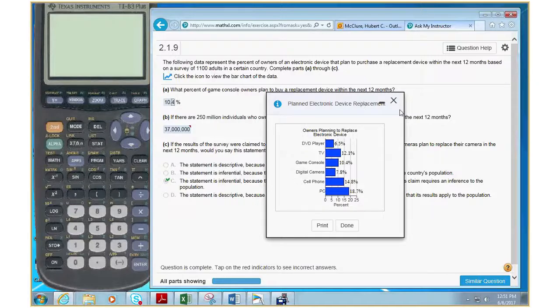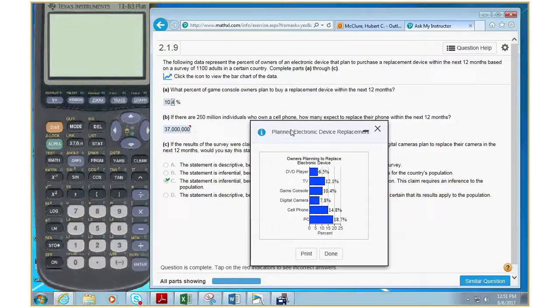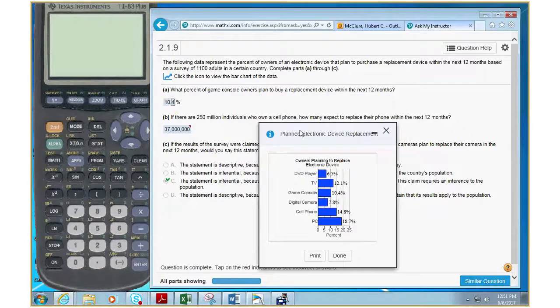10.4 is the percent. I was thinking of the other. All right. There are 250 million individuals who own a cell phone. How many expect to replace their cell phone in the next 12 months? Well, here they changed the problem. They changed it to 250 million. So you take 250 million,